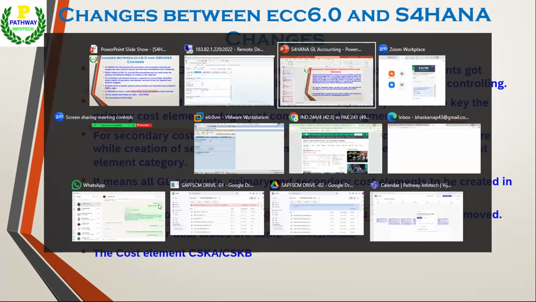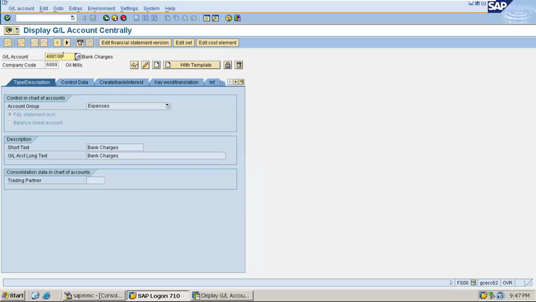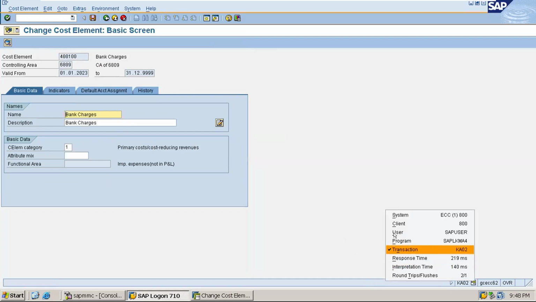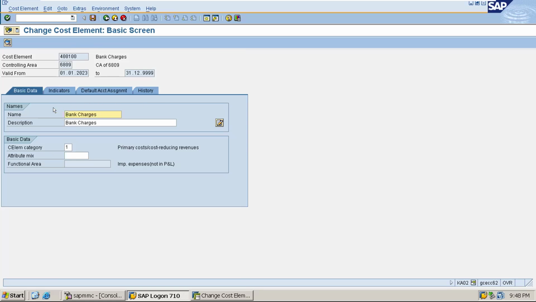Even in my ECC system, say this is a GL account related to some expenses. If we would like to create a cost element, we just click here and it redirects to cost element creation KA02, where you can see the transaction code. But this concept is not available in S4 HANA.